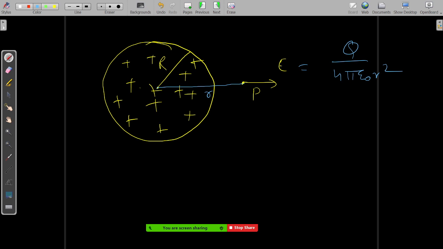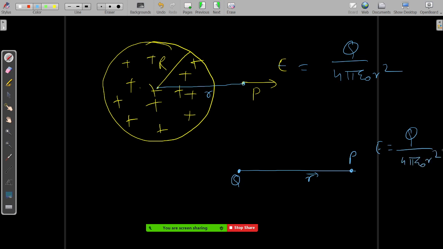So what I was telling is, whenever you want to find an electric field at an external point due to a uniformly charged sphere, you can basically just remove this sphere and think of a point charge which is kept at the center, and then you try to find the electric field at the external point. The same, the first formula which you know. This formula you have already known from the first chapter due to a point charge, no?